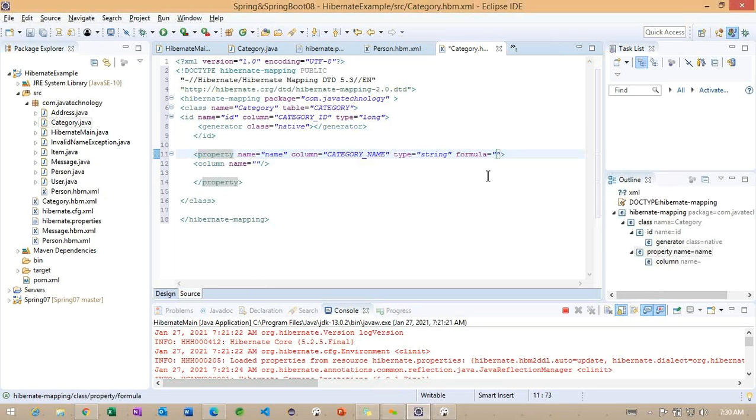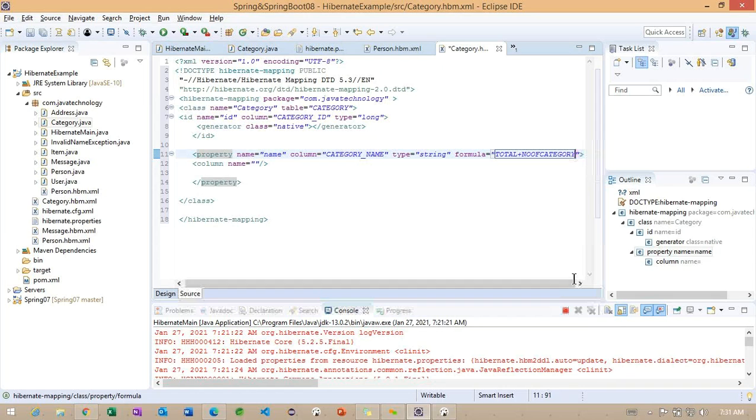Right. Now how can we specify it here? So observe here, total plus number of categories. Here we can specify it like this, and you can specify the value.